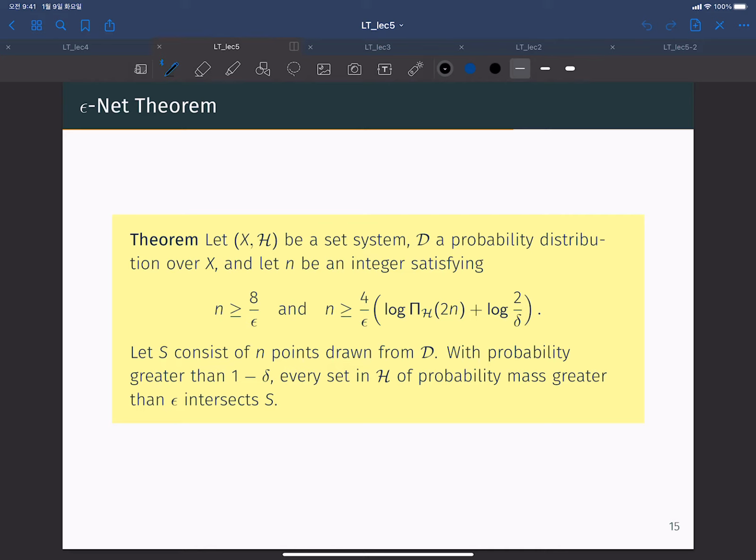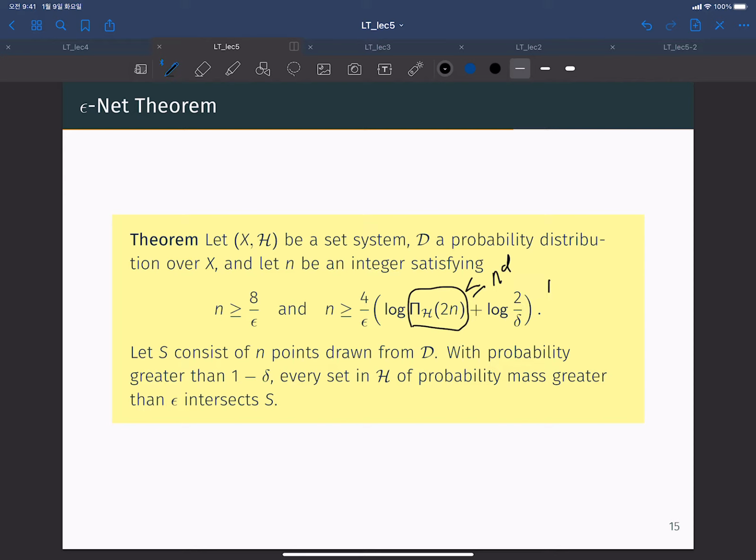And let n be an integer which is greater than 8 over epsilon and 4 over epsilon times (log of the growth function of n plus log 2 over delta). From the inequality, this is less than or equal to n to the d, if d is the VC dimension, right? So